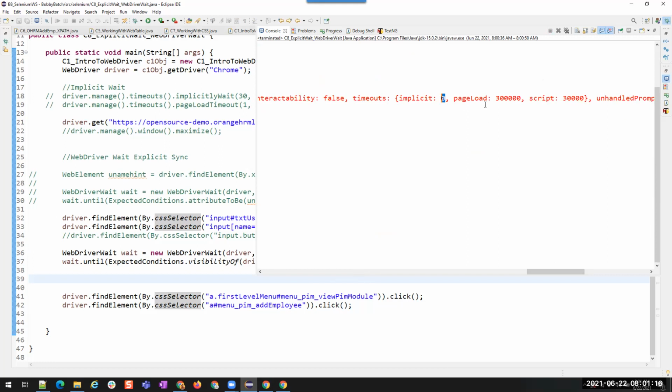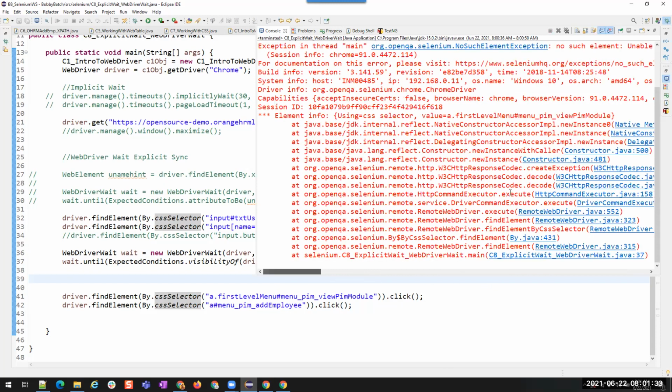Now implicit is 0, page load is 3 lakh milliseconds, that is 1 minute. Script time or default time is 30 seconds. Just give me a second.